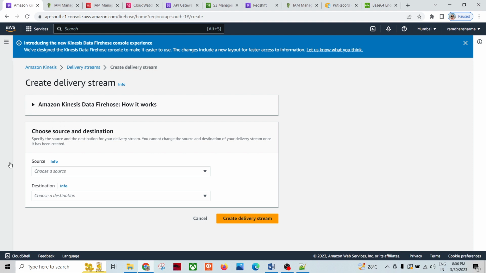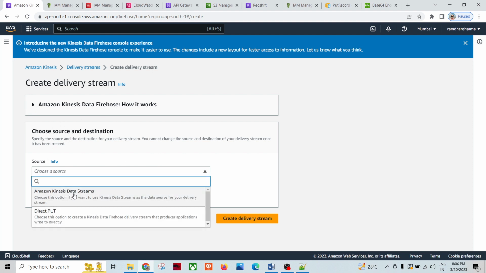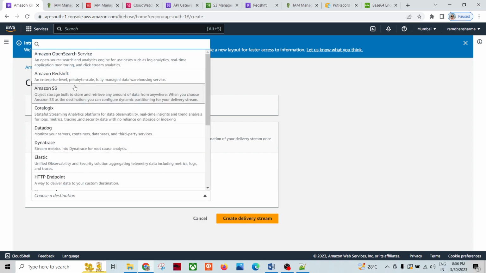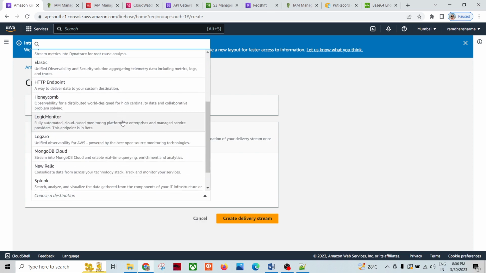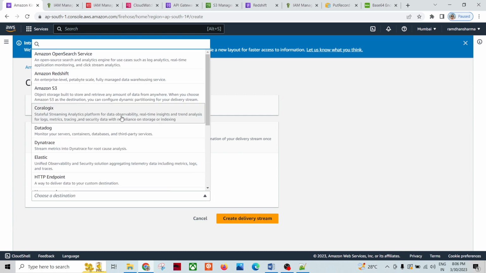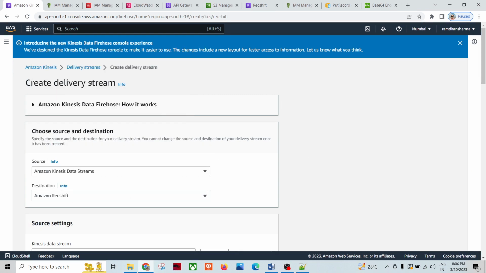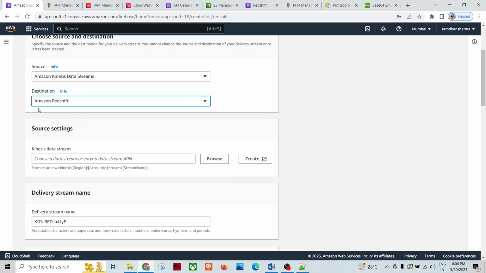I'll close this, and my part is to choose the source and destination. My source is Kinesis data stream, my destination is Redshift. There are multiple destinations, like Amazon S3 only, Redshift, OpenSearch Service for searching and all, right? And there is an HTTP endpoint also, right? So let's concentrate on our processing. I select the destination as Amazon Redshift,